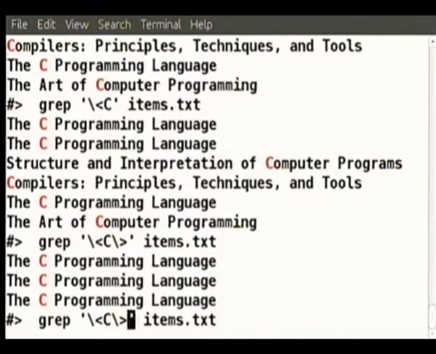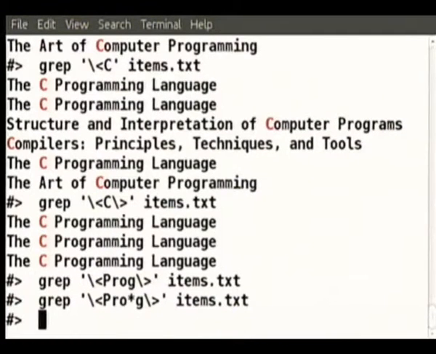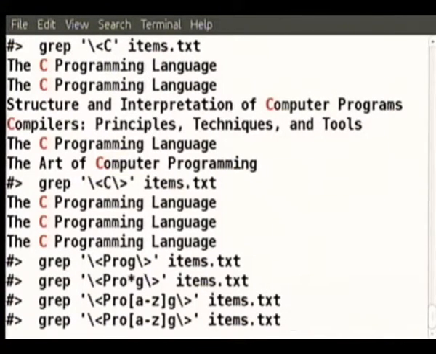Of course, this can be prog, yeah, just prog is not there. Star ending with g. Star here means you can put any A dash Z, any number of letters.